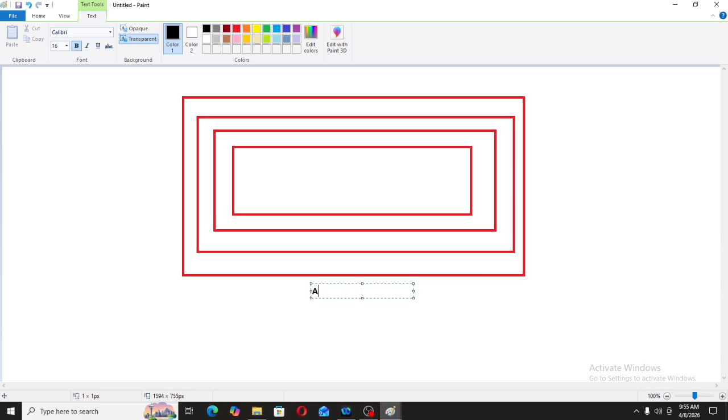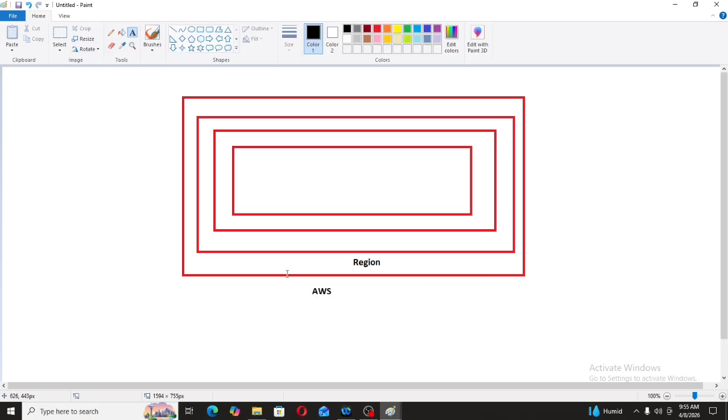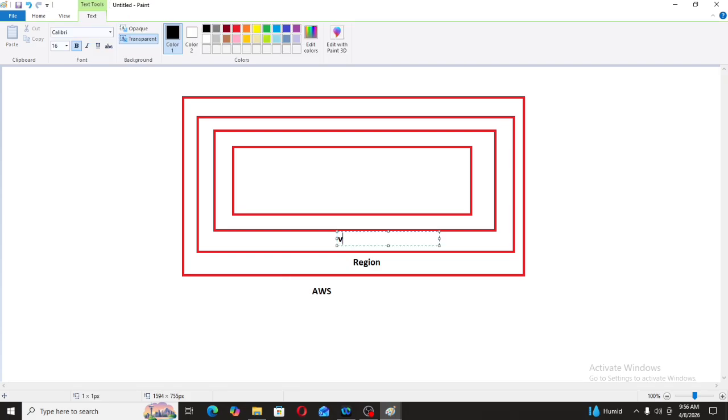Inside AWS, there will be one specific region, which can be Mumbai, Singapore, anything. The first layer is AWS, then the second layer is region. Inside our region, there will be our VPC. Inside the VPC, there will be our availability zones. Inside the availability zones, we will have our EC2 instances.